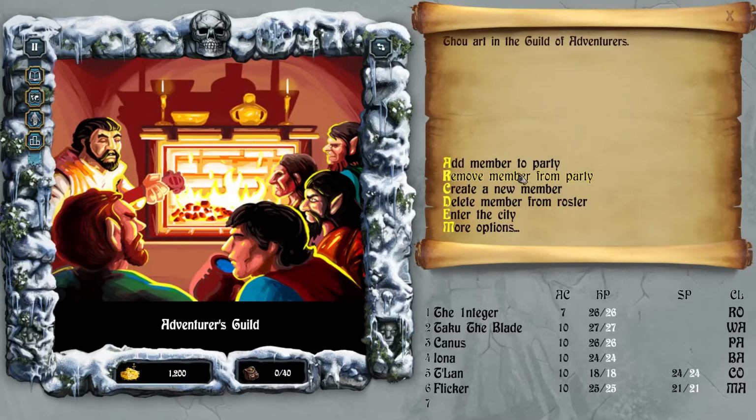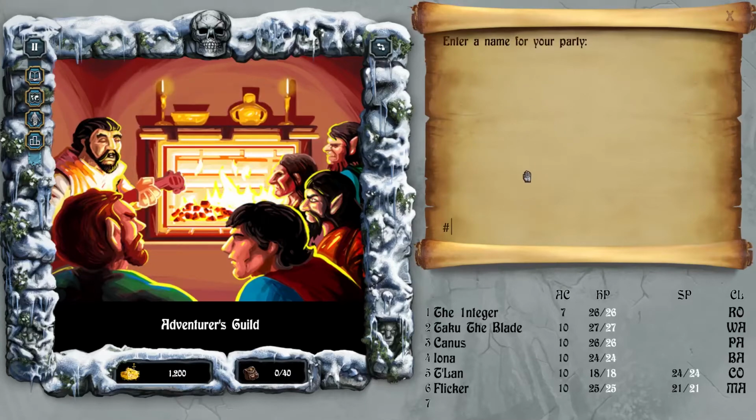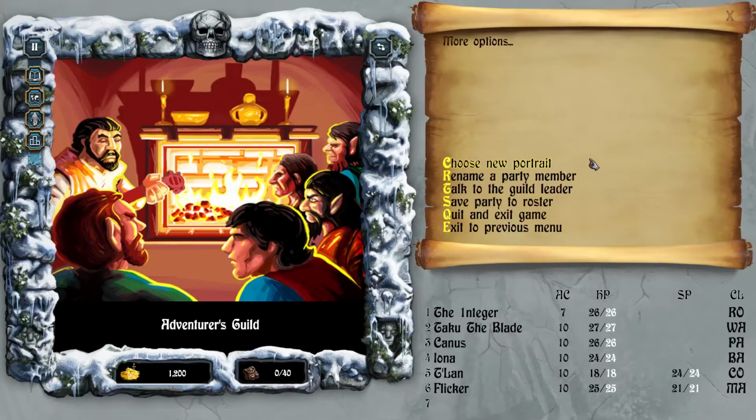All right, let me see. So that's done. Oh yeah, right there. More options. Save party to roster. We'll call it my game studio name, I guess. I haven't done any game development stuff in a while, but that's the studio. That's gonna be our party name. We'll go with Into the TV or Way the Pigeon. Way the Pigeon sounds a bit more appropriate for this, because we might be pigeon shit at this and get beat up. So our roster's saved,